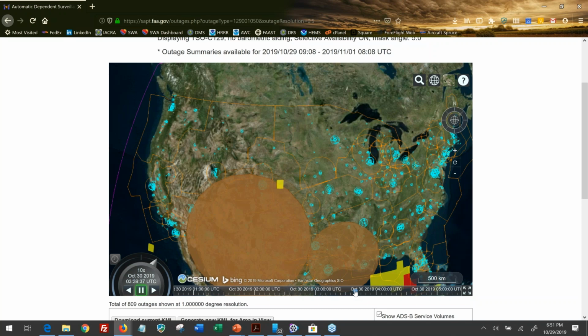So even if you're trying to get ADS-B coverage and you don't have the WAAS GPS, you're going to lose ADS-B information not even 30 minutes after that initial outage.